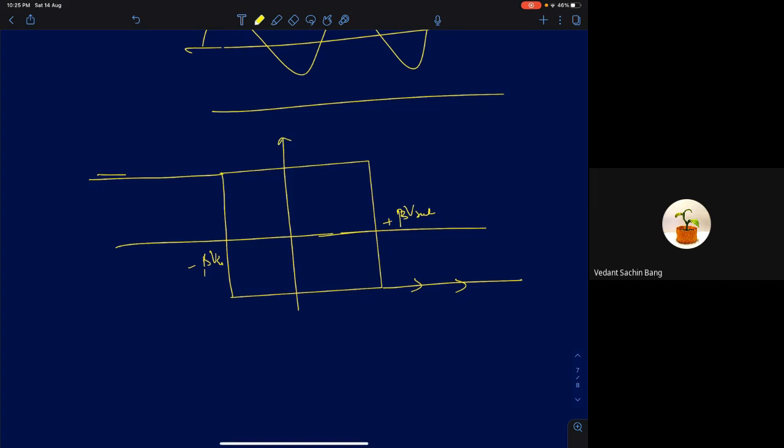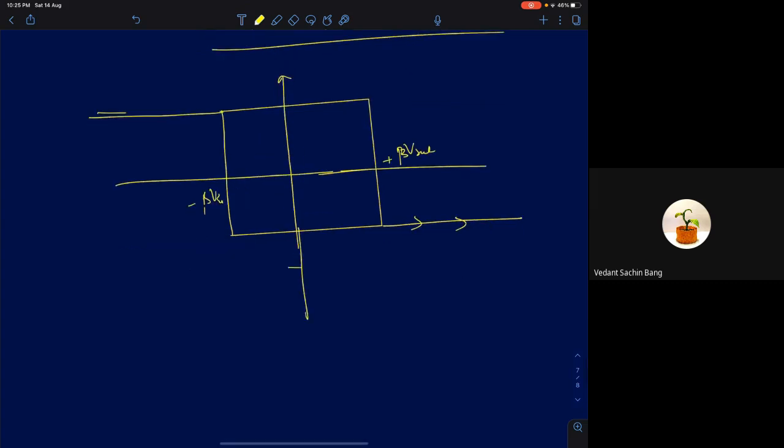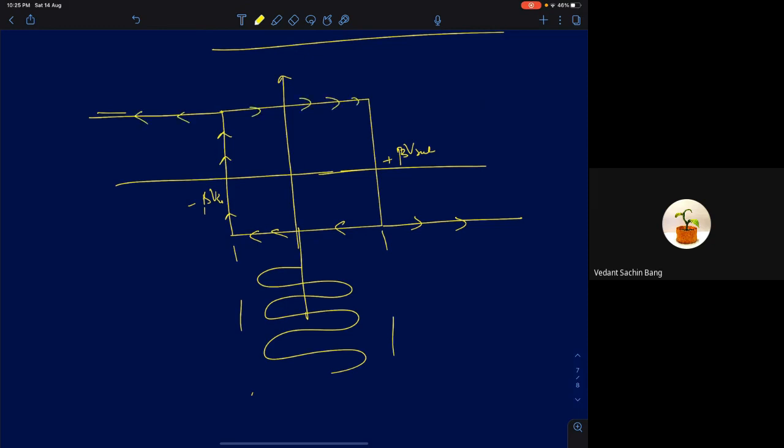I'm applying a sine wave. Look at this, I'm applying a sine wave whose value is less than plus minus beta Vsat. The threshold points are here. So what do you think will be the output? Yes. So you cannot exactly say, because if you see in this region, when your input is between minus beta